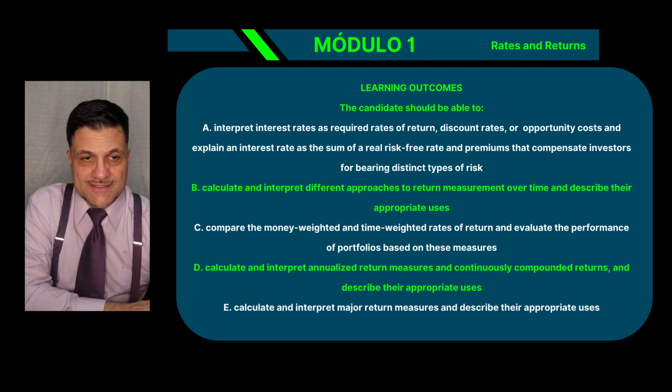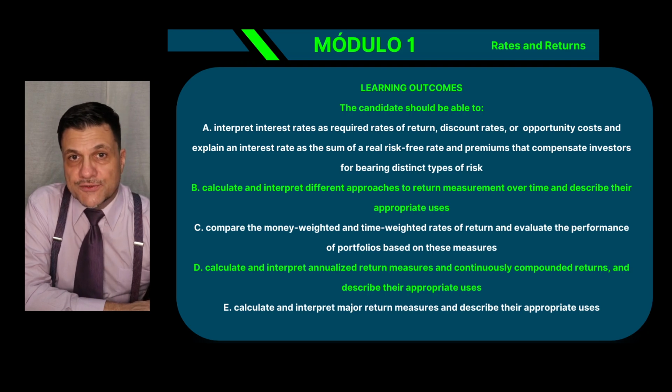You have 2 commands there, interpret and explain. So I don't need to calculate anything yet, right? I need to understand and I need to interpret. So what is a rate of return? What do I need to measure that? What are the types? How many are there? What are the most important ones? What is a discount rate? What is the difference? Well, rate of return is what you expect to earn. Discount rate is the value that you expect to bring,